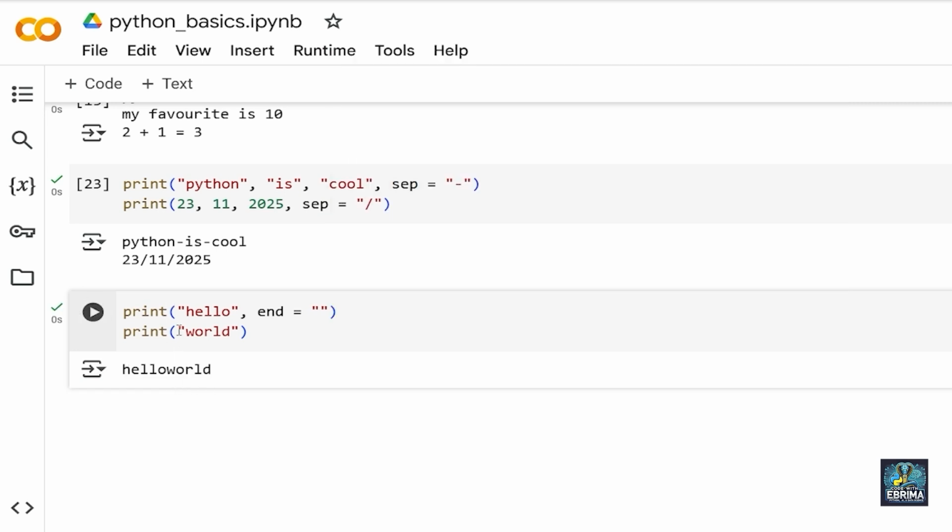You can see now this world has come here because now I have changed it. Normally in Python by default this is a new line. That's why if you put a print here and put another one below, it just goes below that, because by default it means go to a new line. But now we have changed it, right? So now if I want a space in between these two, I'm just gonna come there and tap that, and create the space there. So now you can see we have hello world. So this is important to note.